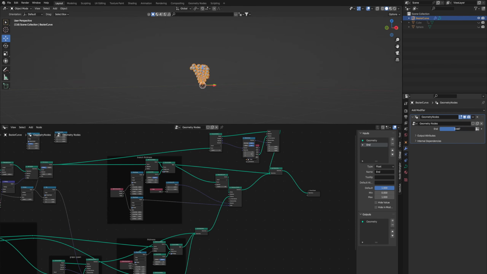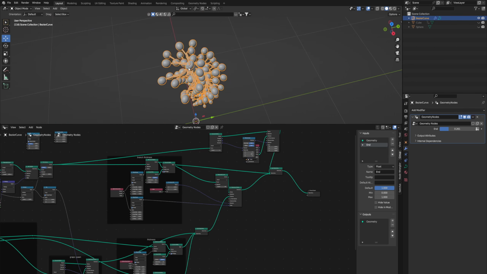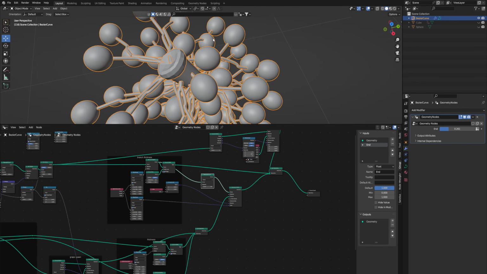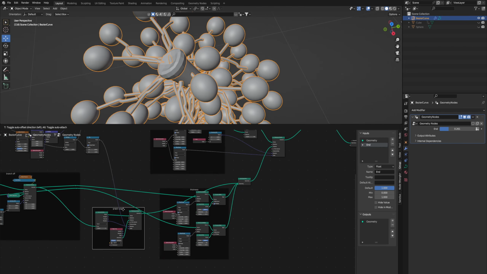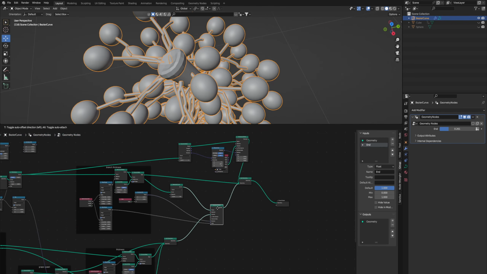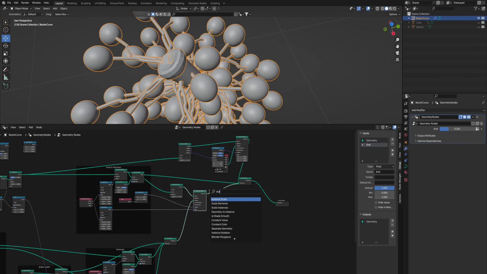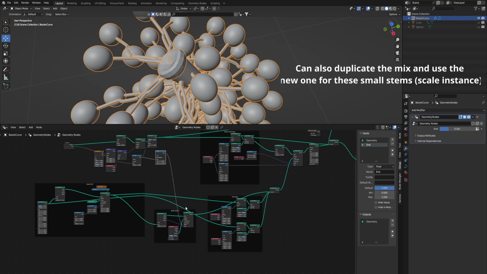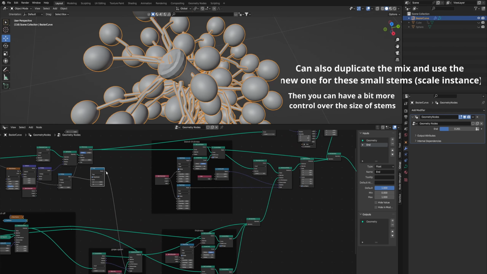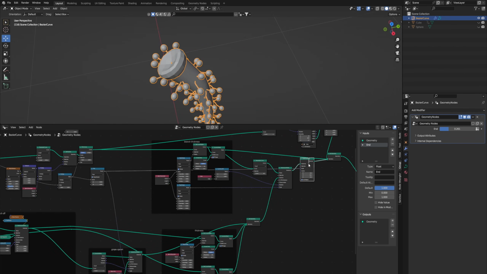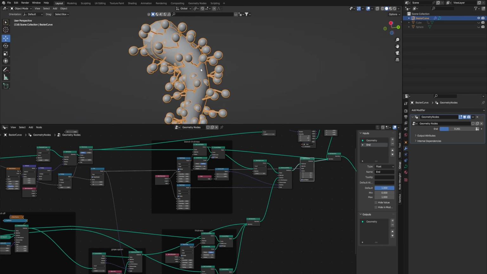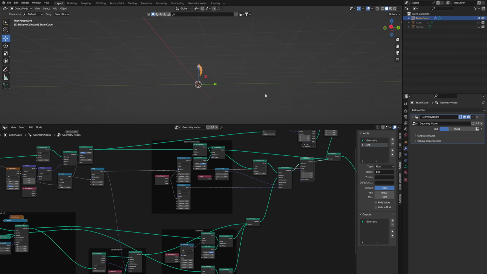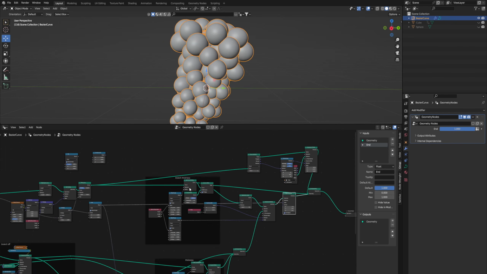When you do play with this slider now though, the grapes are scaling down with the growth, but there's still those little branches that are coming off that aren't really scaling down. We want to go to where all those branches are being instanced. We have the thickness, the grape spawn, and that's going into here, and then it's being instanced right here. So right after that, I'm going to do a scale instances, and we're going to bring over this mix node that's controlling the max scale of these grapes when we grow it. I'm going to drag that over into the scale of this scale instances. So now when it's at its smallest, it's going to have these little nubs that are coming off, and when you grow it to the max, the grapes will grow. So it's an easy way to animate it.